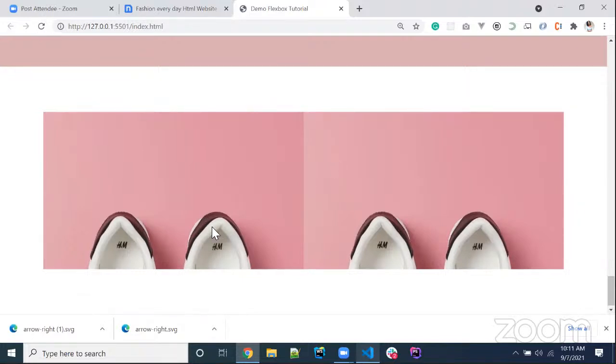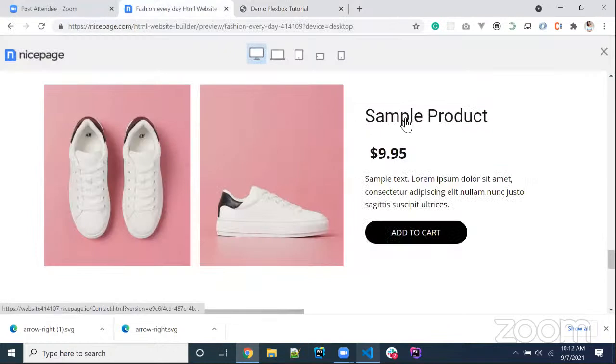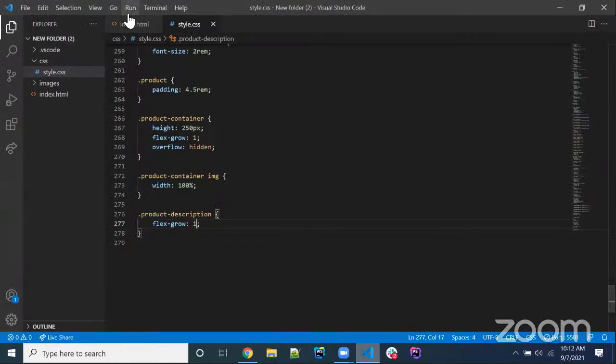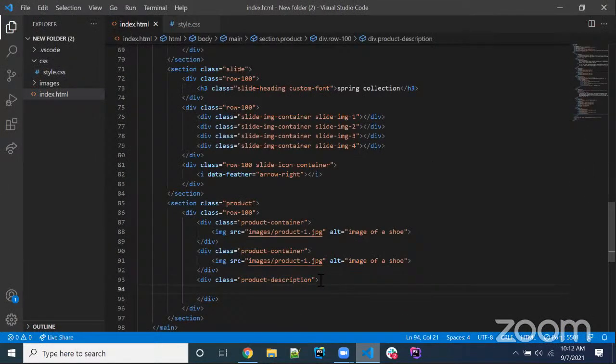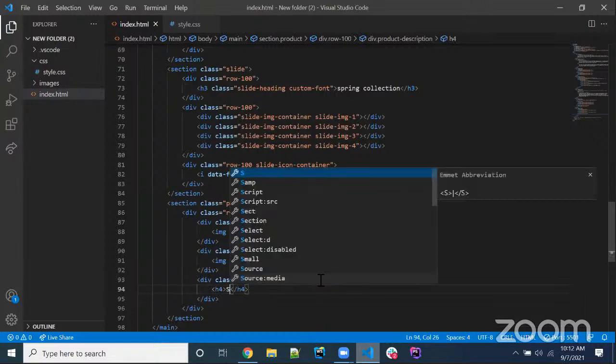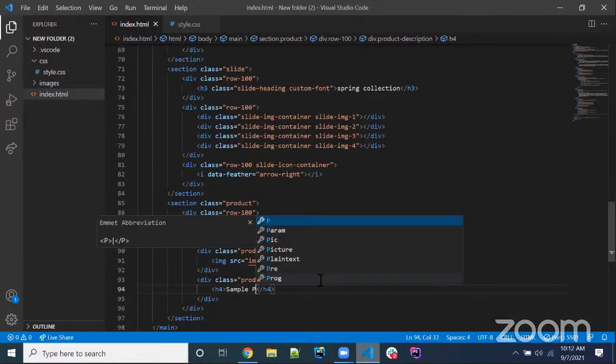All right, so it's not actually going to show because we haven't put any content in it. So let's try and put some content. I think we have a sample products and a price tag. So let's say we use a H4 and just call this sample product,